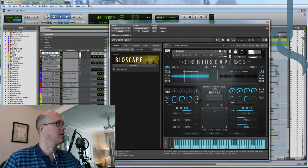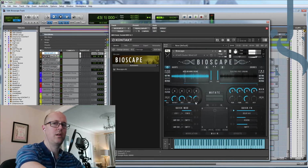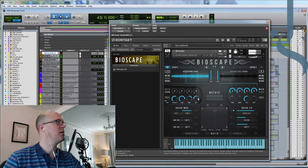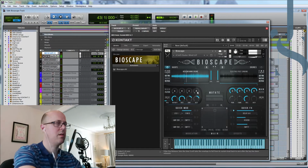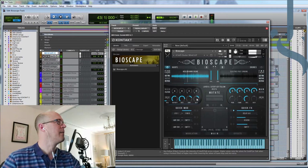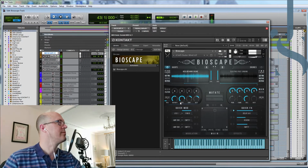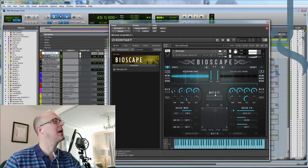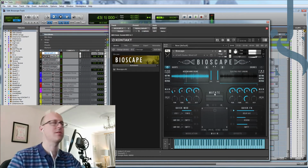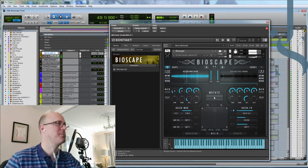Envelope, key. Let's go higher. It plays it lower, and if you do it the other way, it'll play it higher. Nice. Main, so obviously attack. Let's put the attack to fairly low, decay, sustain, release. Let's do that. Now this mutate, it's a bit like sort of a random, 2 blocks of randomness, depending on